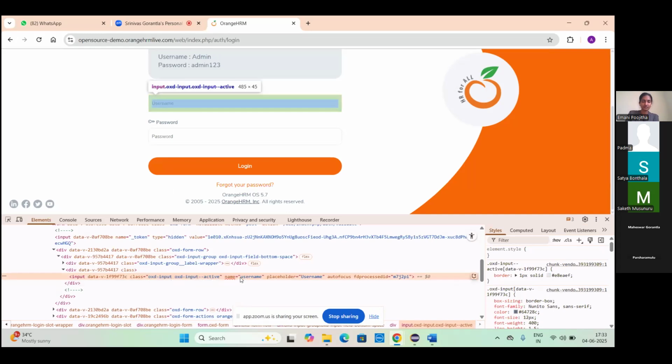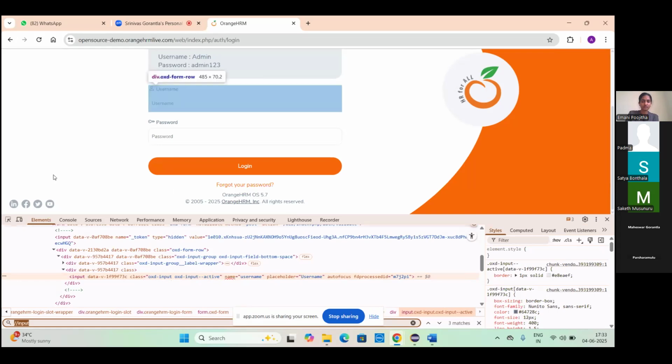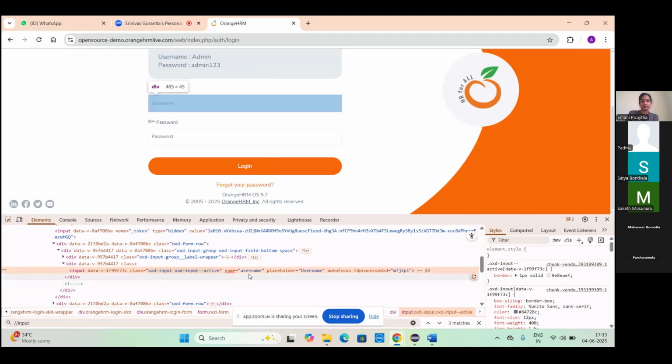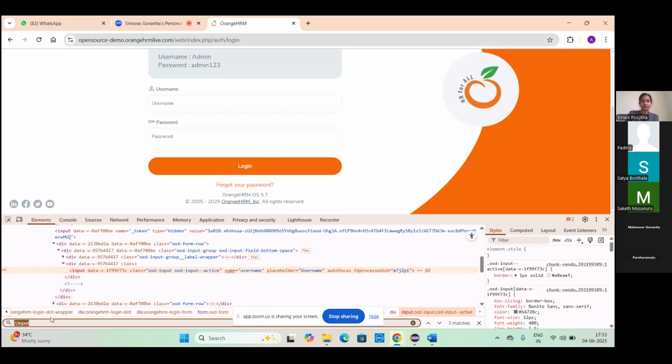Now here we have name. Copy this. Control F. Input is the tag. So,